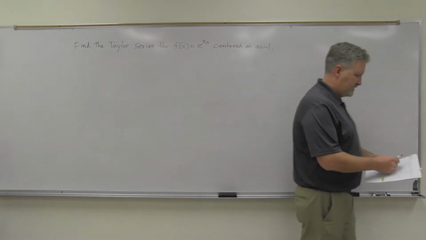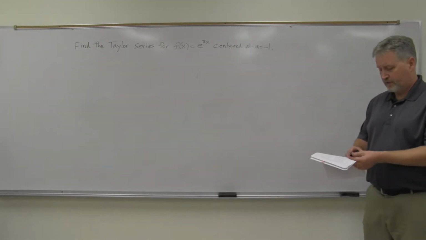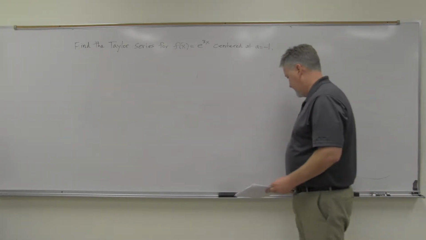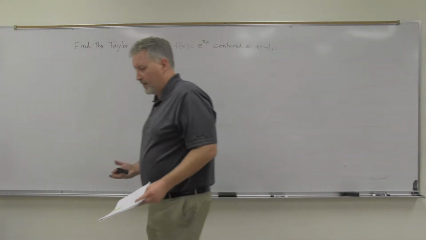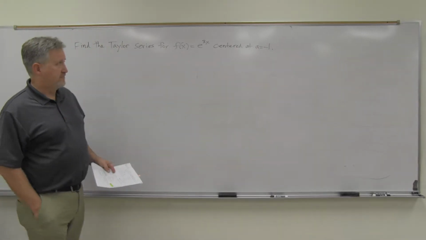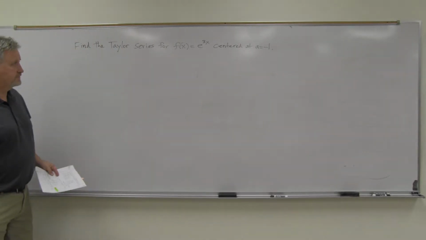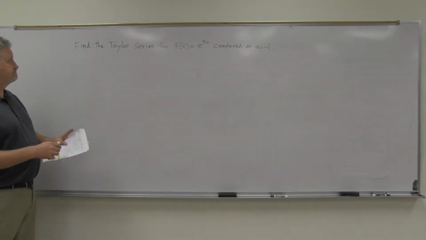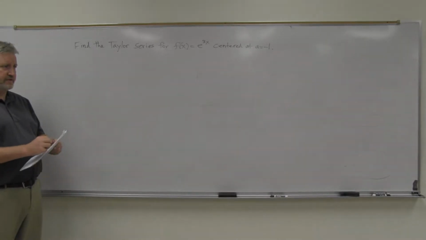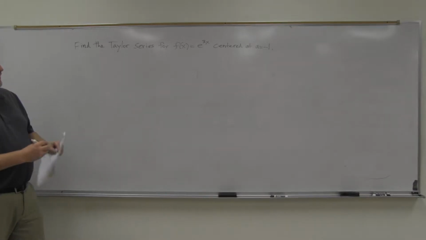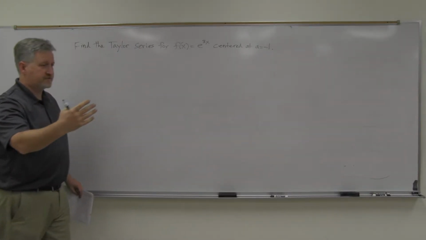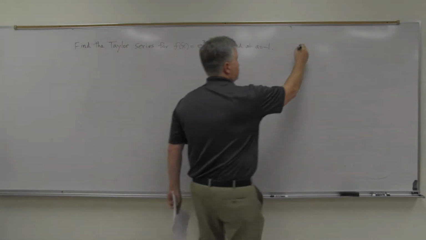All right, so let's find the Taylor series for f of x equals e to the 3x centered at a equals -1. Yes, you can center this at negative values just as much as at positive values. Let's see what this one is. So again, we're gearing up towards that Taylor series